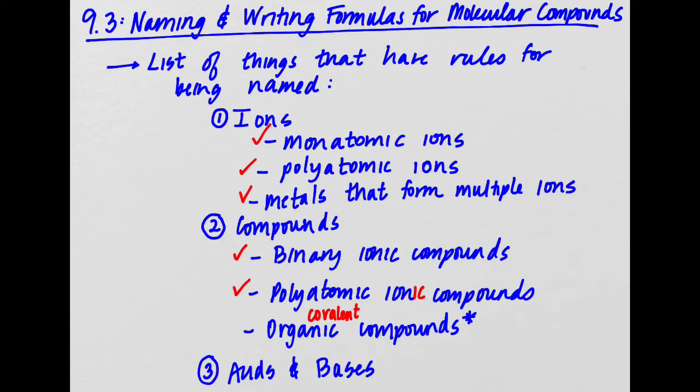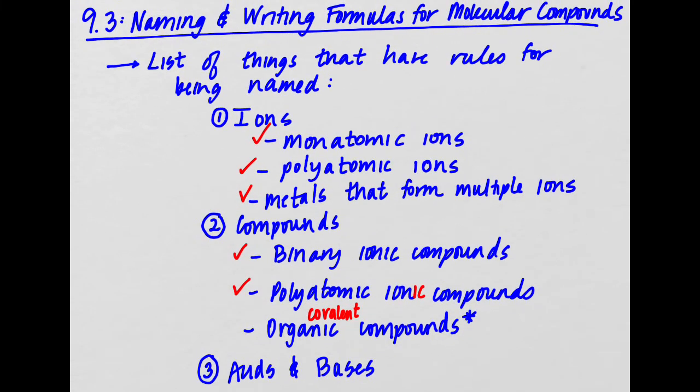So today we are going to be going over all of 9.3, which is about naming and writing formulas for molecular compounds. Just so you know where we're at, this is our lovely list of things that have rules for being named. We've gone over all of these things so far. All we have left to name are organic or molecular compounds, covalent compounds, which we will be doing today, and then we will start doing naming for acids and bases